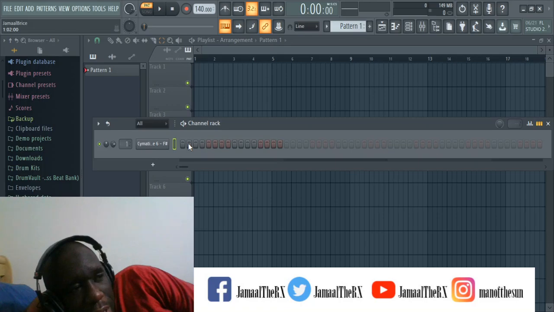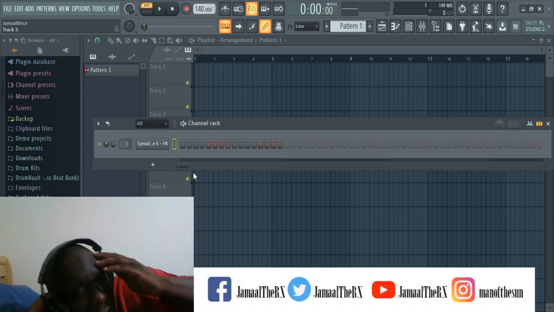Obviously, all these black steps altogether are a quarter note. So you got quarter note, quarter note, quarter note, quarter note. And that's a measure. Because usually things are 4/4. But also you could change that as well. But anywho,